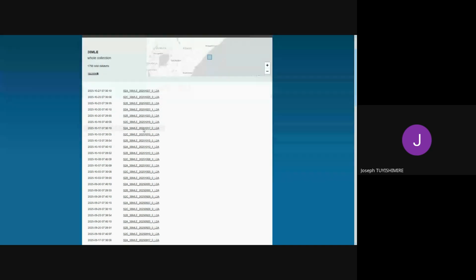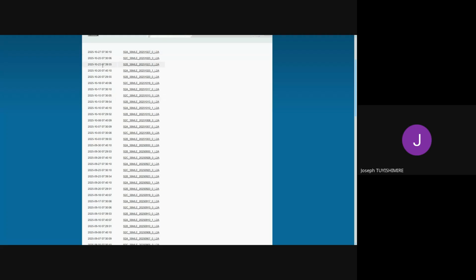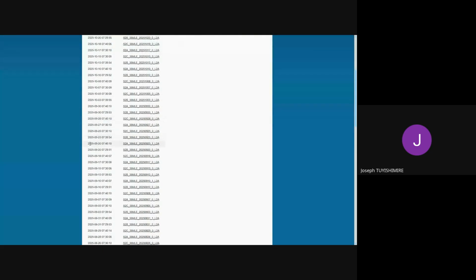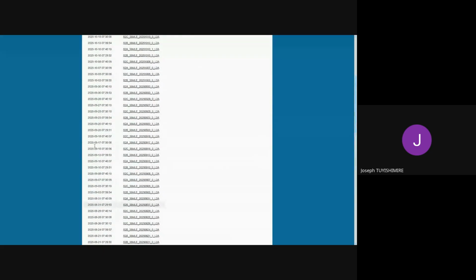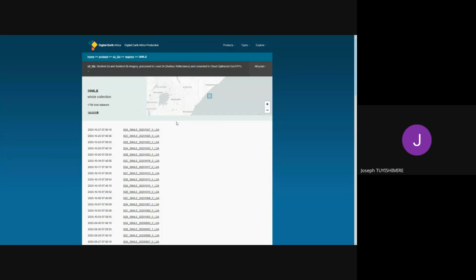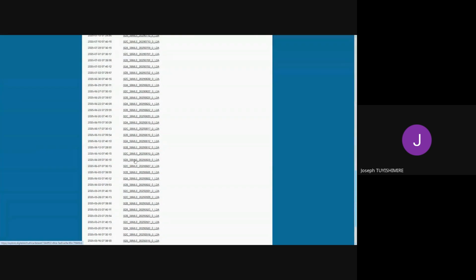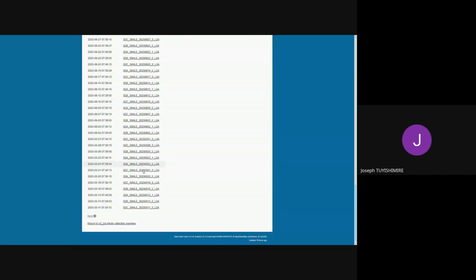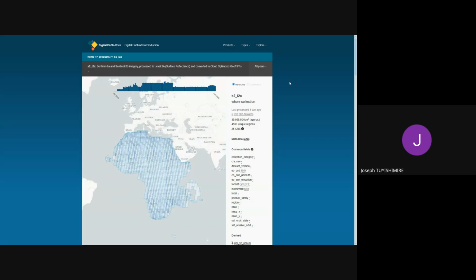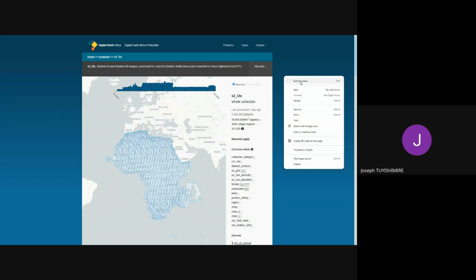For our area, you can see that all the images are available for each of the dates. And this is very important because if we run the analysis for an area without data, this should cause some issues.